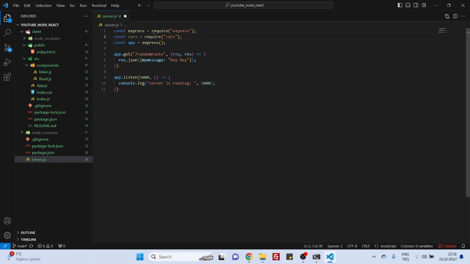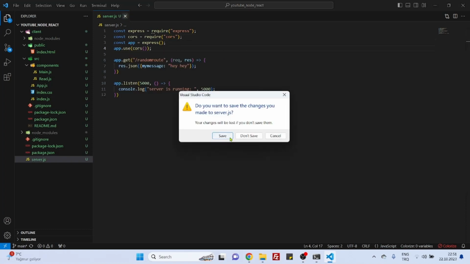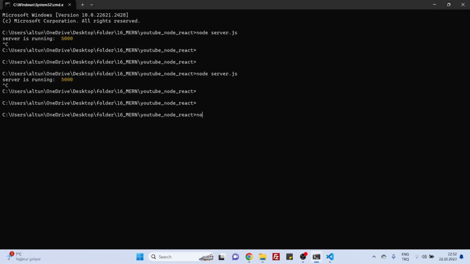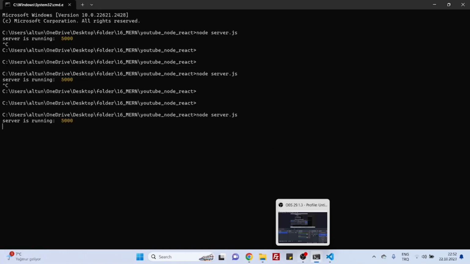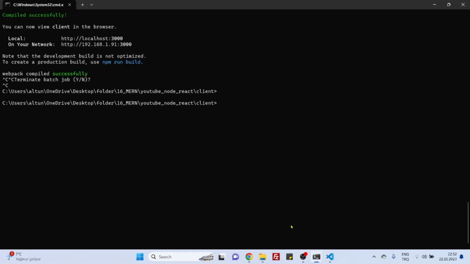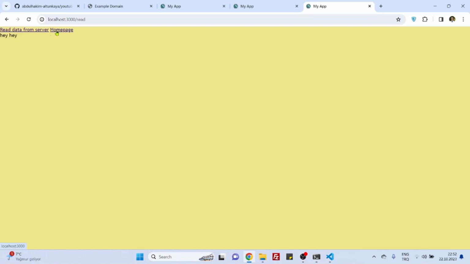That's it. And now, of course, we need to initiate this cors, and that's it. Actually, nothing else. So let's reinitiate the server, node server.js for 5000. Great. Now npm start. So everything is fine. As you can see, we are getting this data from the server, and that's it for this